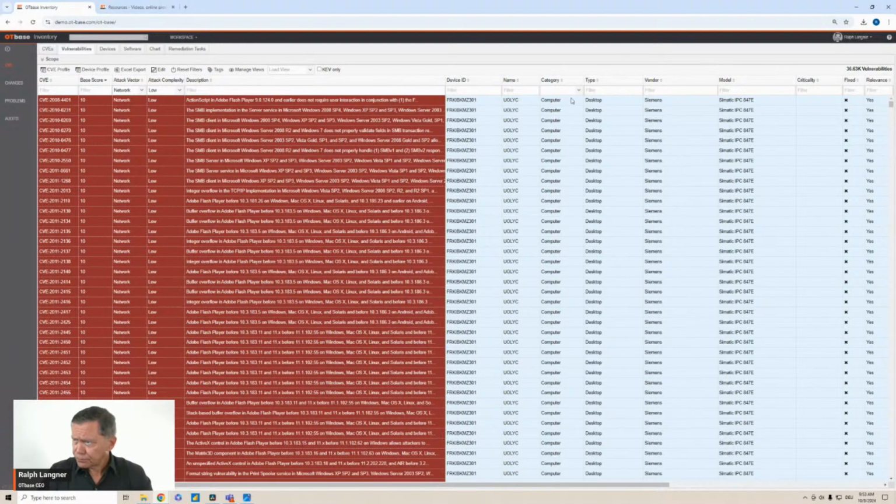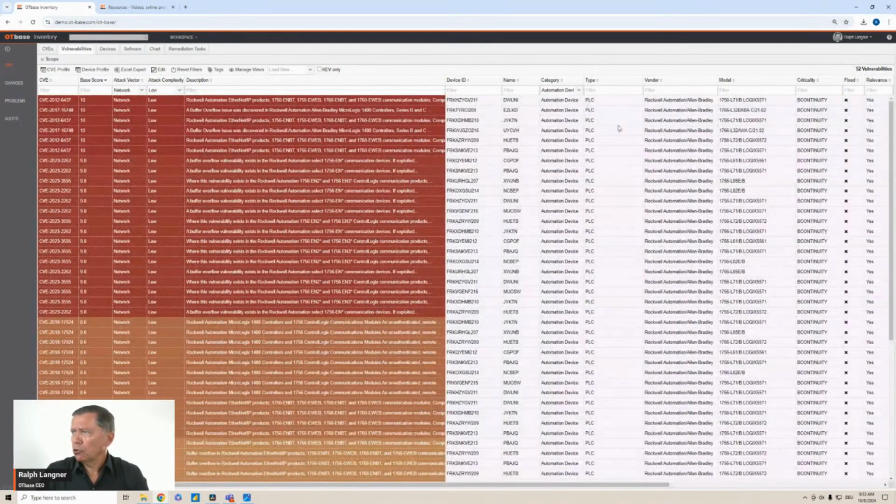And again, let's just say, for the sake of the argument, we want to focus on automation equipment first because we are a little bit worried about that stuff. We probably know already that our network segmentation isn't where it should be. And then I could say, okay, let's just focus on automation devices. Hey, 52 vulnerabilities. I love it. I just love it, right? And then